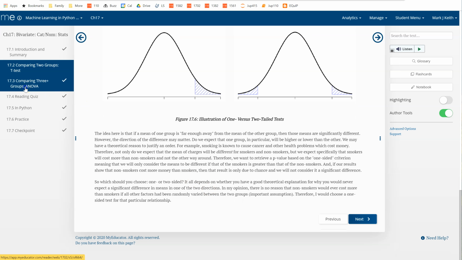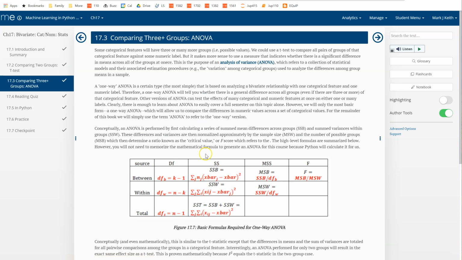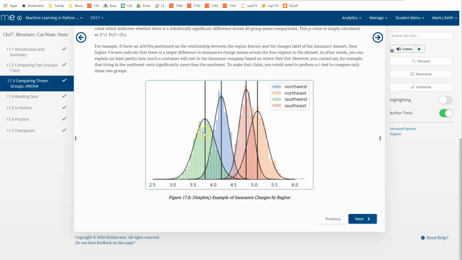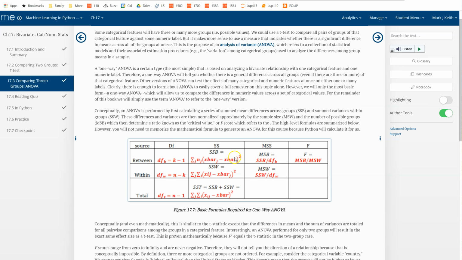Okay, that's a t-test. The ANOVA is very similar. Now, I know all these formulas look complicated, but they're really not that bad. So the difference here is, rather than just look at the difference between two means, I have to look at the difference between 1, 2, 3 since I have 4 pairs, plus another blue to red, 4, 5, plus another, I missed this one, that's 5, and then 6 between these two. So there's 6 differences I need to include in my numerator, and I get at that right here, the sum of squared